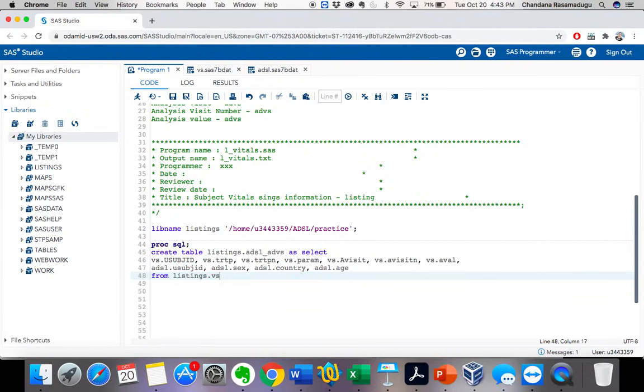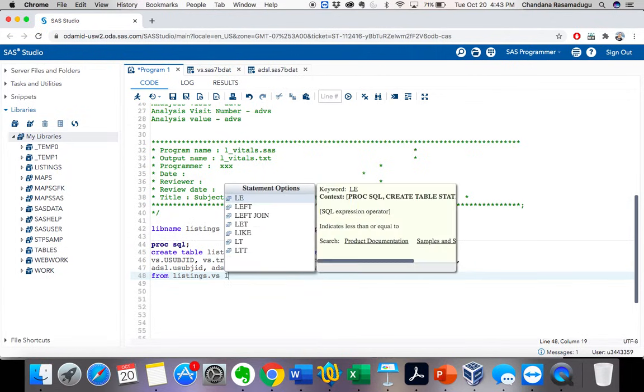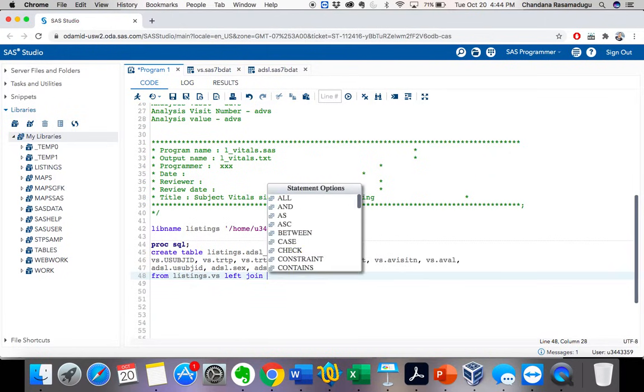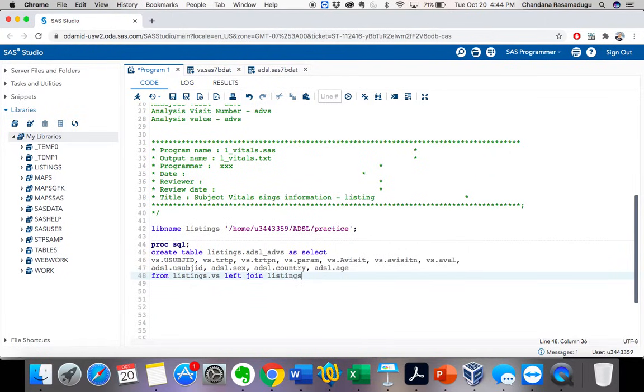Okay, and I want to left join with listings.adsl. See here I have taken vs on the left side, so that's why I have given the left join with adsl. If I use adsl first on the left side, then you can use right join.